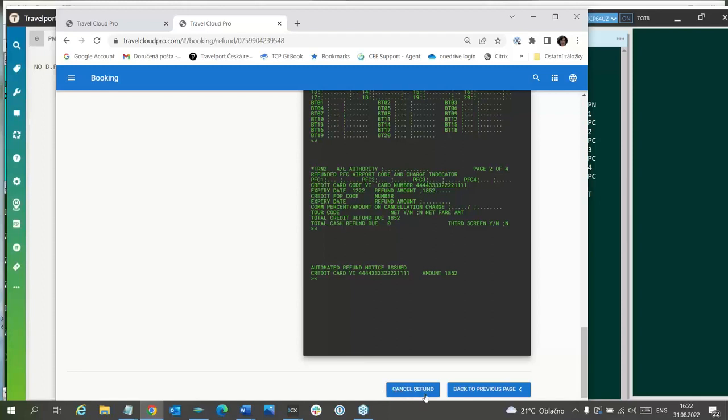So cancel refund. I have used a wrong ticket, for example, for refund, or passenger has called me that he doesn't want to refund the ticket, that he will use this ticket. But of course, it can be done only the same day. Otherwise, it is not possible.